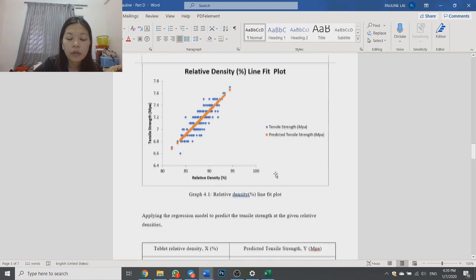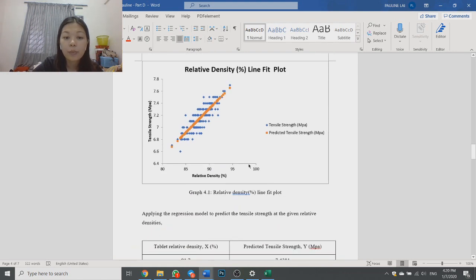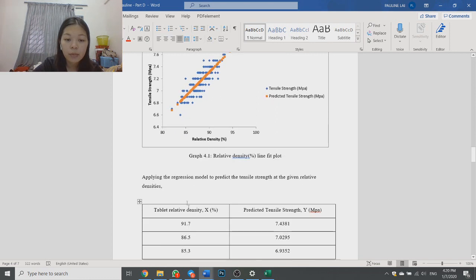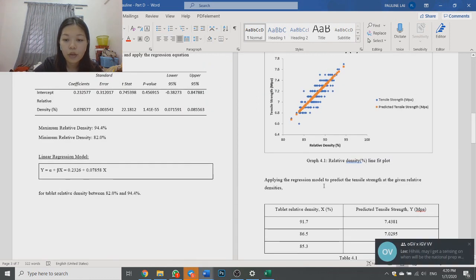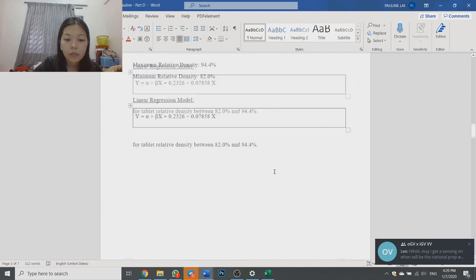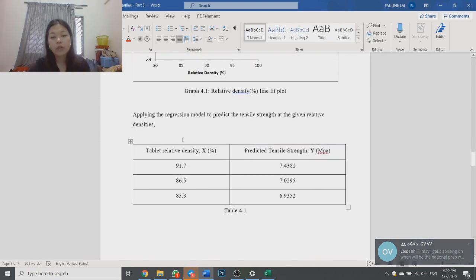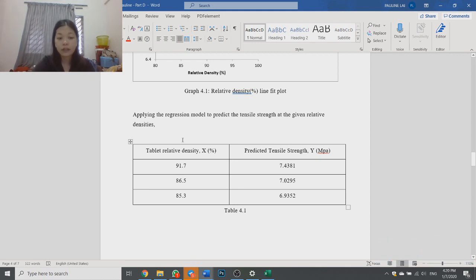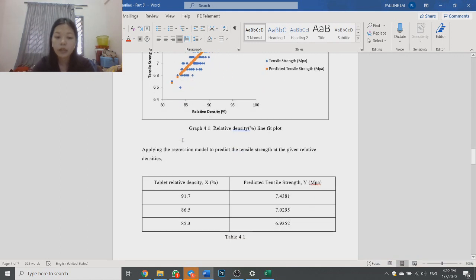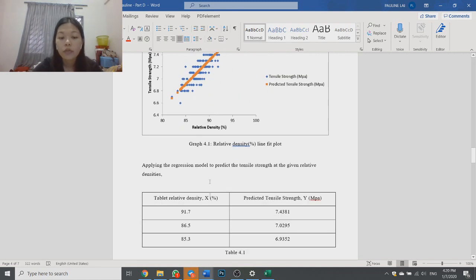After this, according to this line fit plot, the x is the relative density that was given, and the y is the predicted tensile strength. By applying the regression model and predicting the tensile strength given the relative density, there is a three-point plot that we took out from the graph here. So here is the data. When the relative density is 85.3%, the predicted tensile strength is